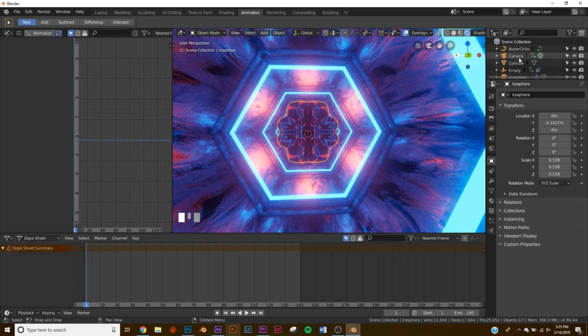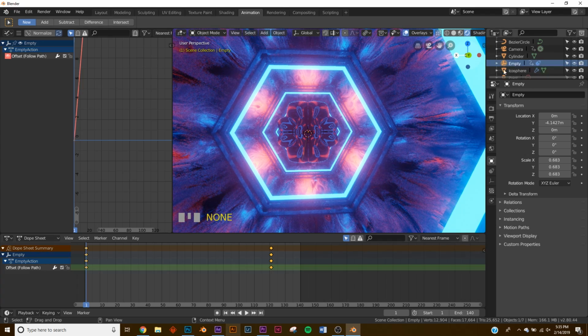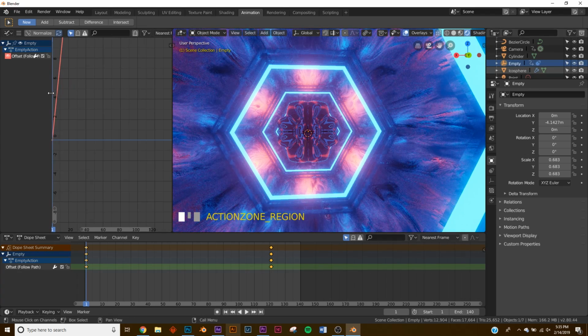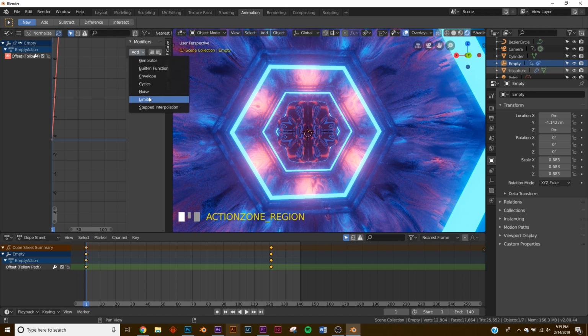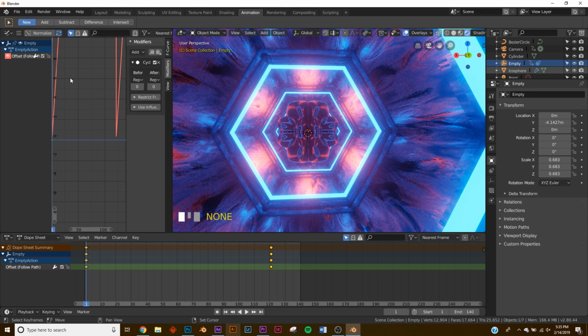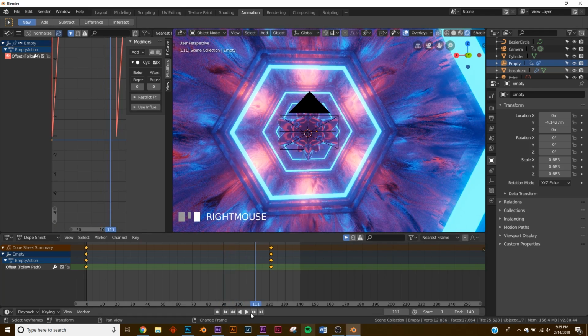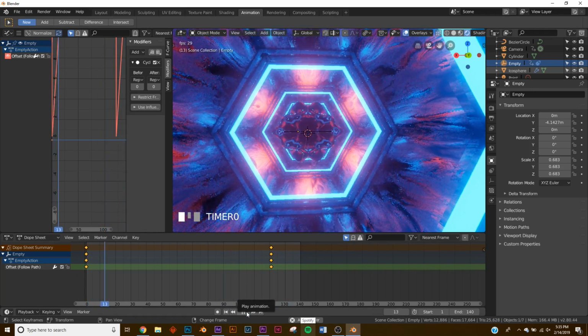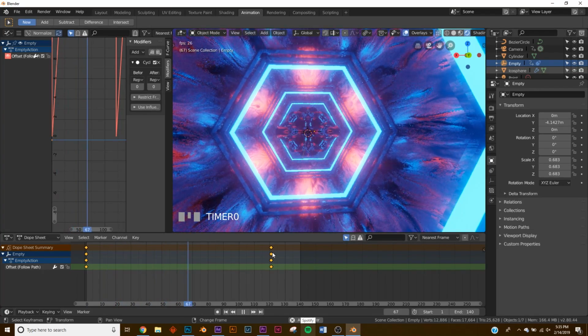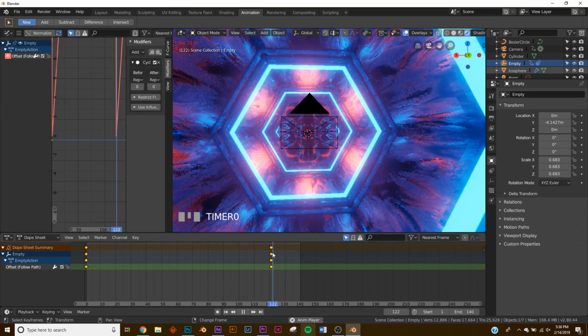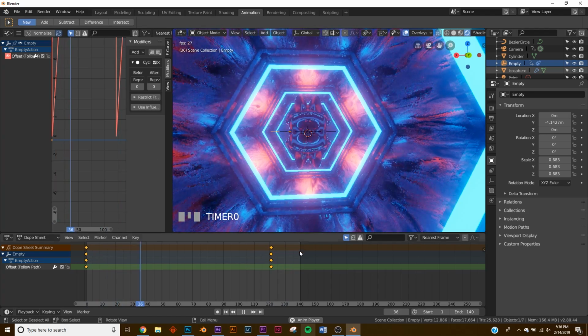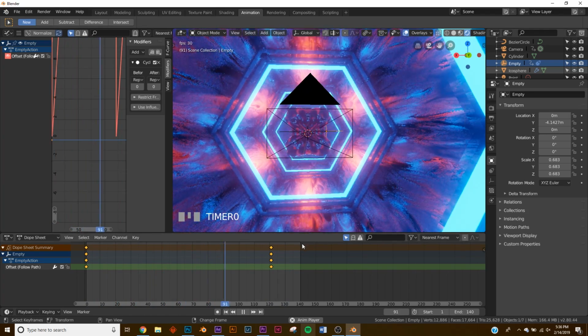I'm going to switch it to the graph editor and then select your empty because that's what we're going to add it to. So it has some animation going on. Right here, we're going to drag this over, click the modifiers, and right here where it says add, click cycles. And what that's going to do is it's going to infinitely loop that looping animation we did. So if you watch here at the end of our animation, we'll click play. Even though it technically stops, it continues going. So if we were to add maybe 500 frames to this animation, the rotating would continue.